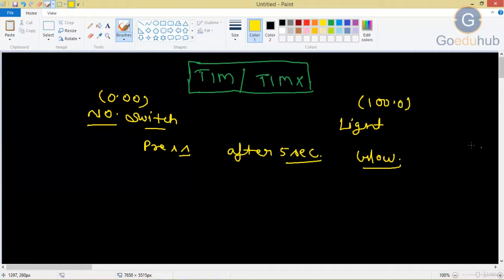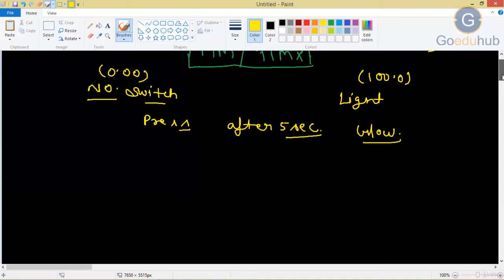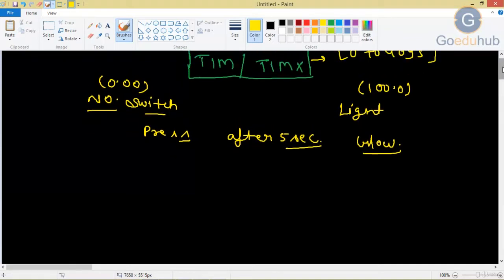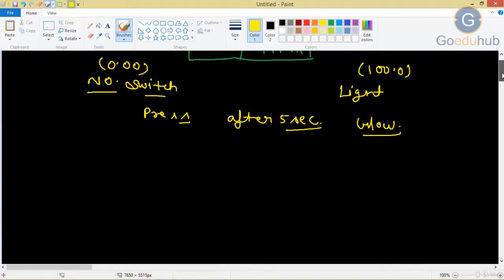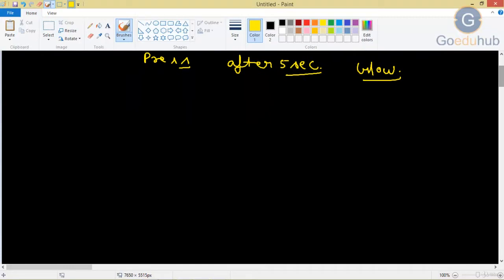Now I already told you we have to provide a timer address, that is your n, that we can provide from 0 to 4095. Clear? Now let's solve that problem. After that we will be able to understand the timer operation. So here take a simple rung.